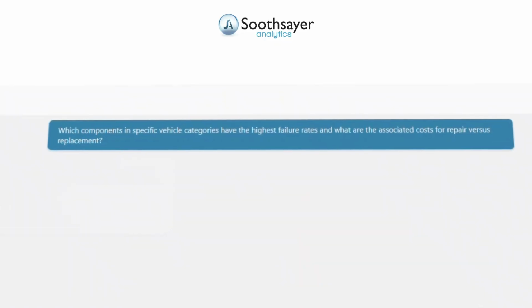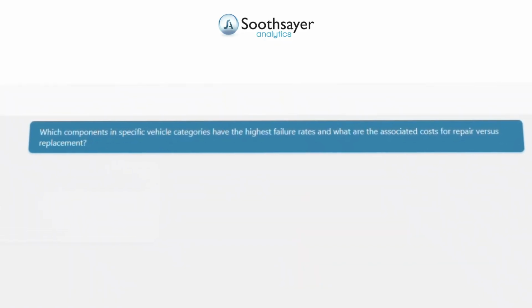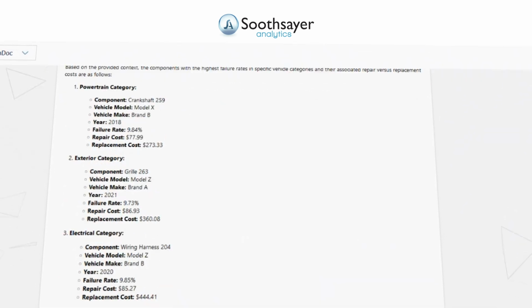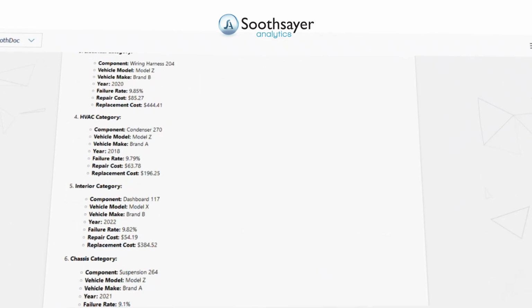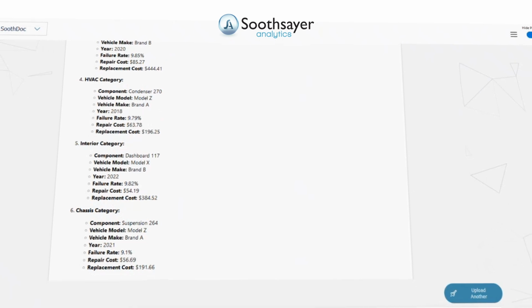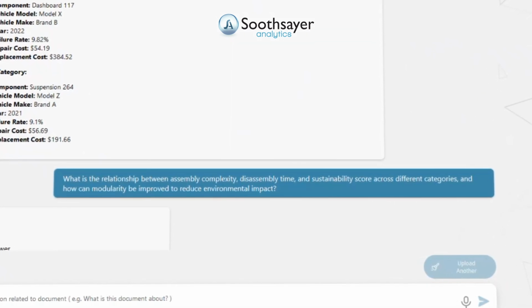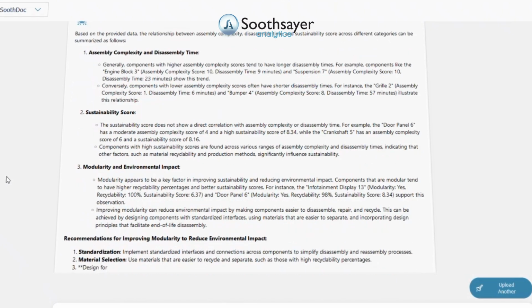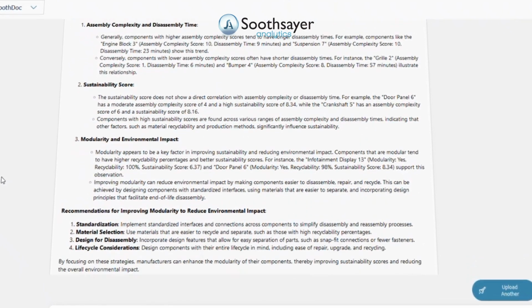This question identifies problematic components based on failure rates and evaluates the economic trade-off between repairing or replacing them, helping to optimize maintenance strategies and reduce long-term costs. Now, this question uncovers how complex assembly processes correlate with environmental sustainability and explores opportunities for modular designs to streamline